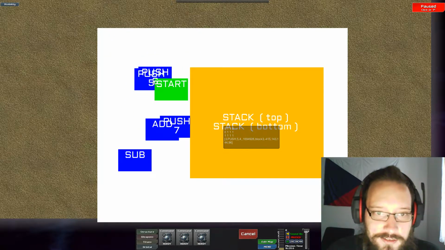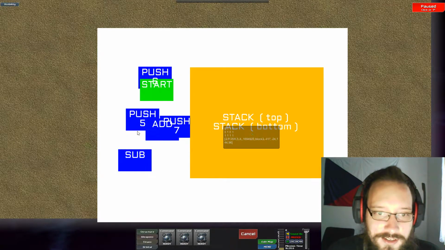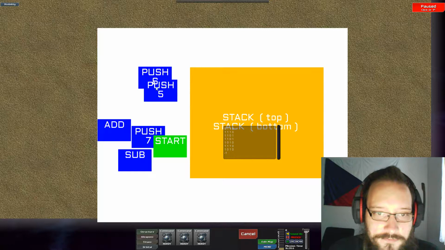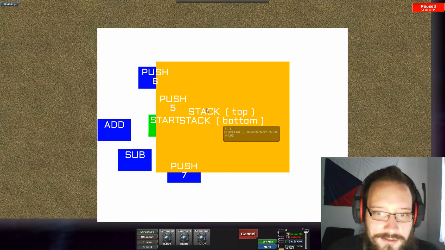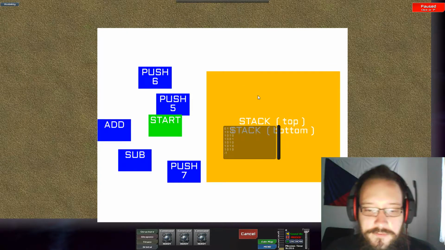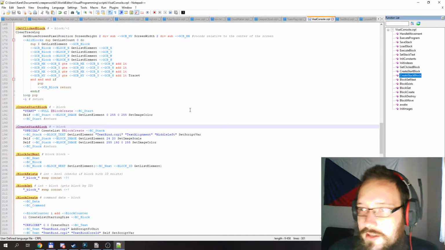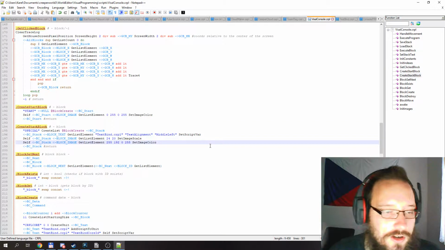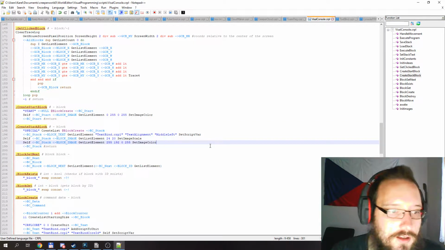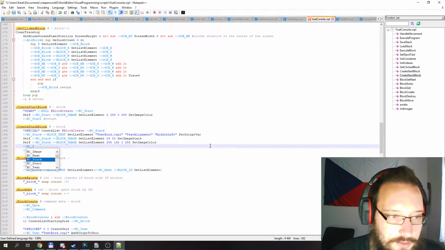I mean, the text is clipping a little bit, but I don't think there's anything I can do about that. Players will just have to deal with it. Okay, so again, let's just fix the box for the big stack block. Create stack block. So set image color. Now let's just do BC stack